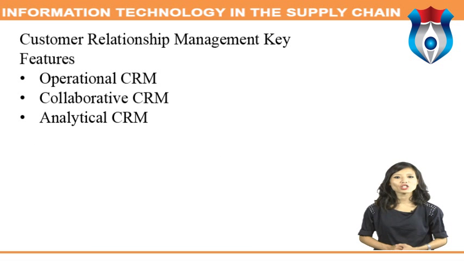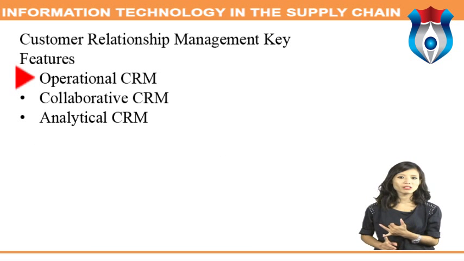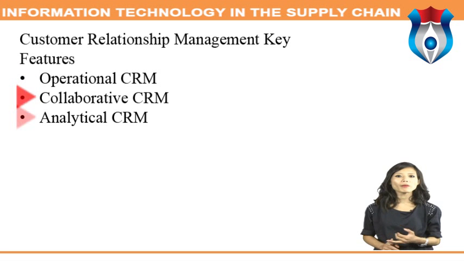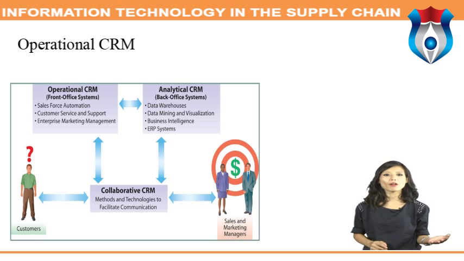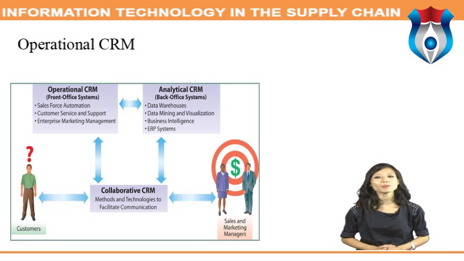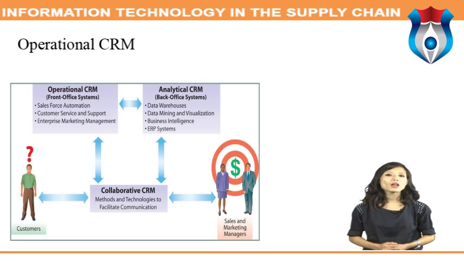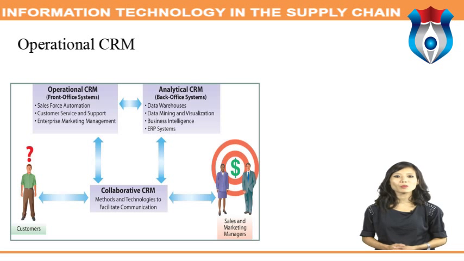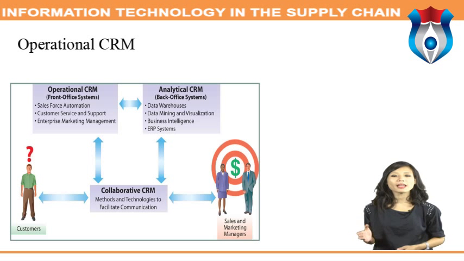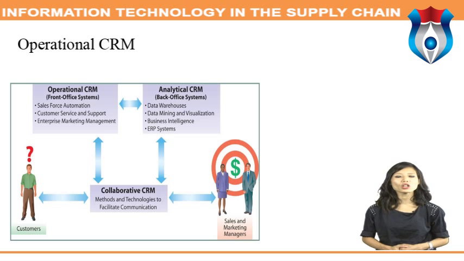Customer relationship management key features are operational CRM, collaborative CRM, and analytical CRM. Operational CRM. Operational CRM is the aspect of CRM dealing with the automation of customer-facing or front office processes. These processes include sales, marketing, and customer service. Since operational CRM involves the automation of customer-facing processes, it relies heavily on the use of computer technology to achieve